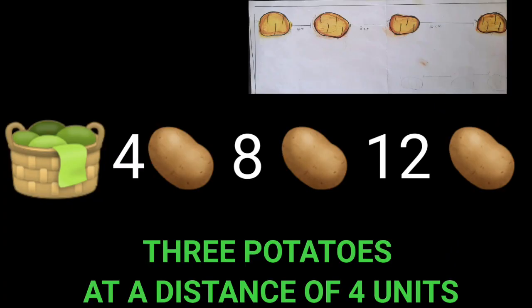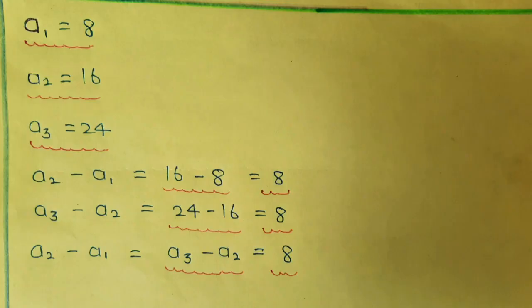On the ground, the experiment can be repeated with 3 potatoes kept at a distance of 4 units. Now ask the child to note down carefully the distance traveled by the first runner, the second runner, third runner. Also ask him to find out the nth term, the second term, and the sum to second term. All these concepts